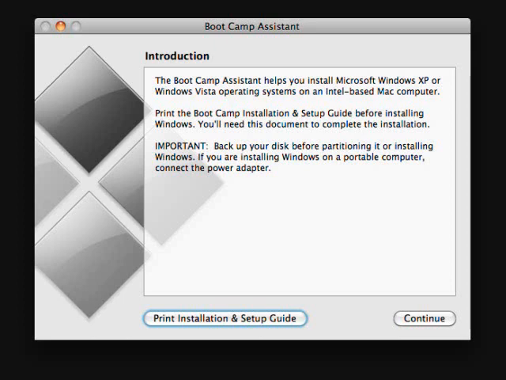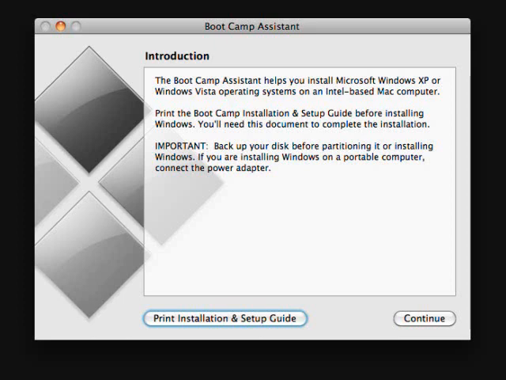The installation setup might be different on an earlier version of Windows, so you're going to have to follow the instructions on that screen, but I'm going to guide you through the